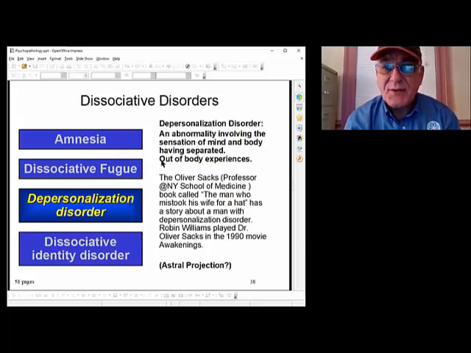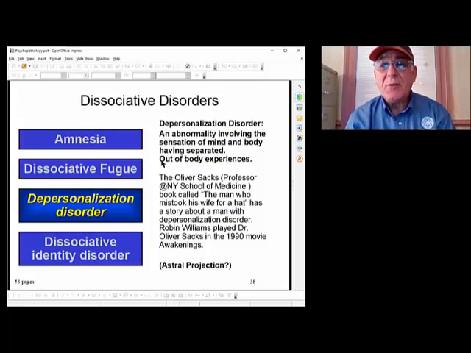So that's depersonalization disorder. And when you lose your sense of who you are, it can be very frustrating, of course, and scary. But there's another aspect to this, and I kind of like this. This is a true story. This is Oliver Sacks. When Oliver Sacks was a medical doctor, a neurologist, and he graduated from medical school, his first work out of medical school was at a mental health ward.